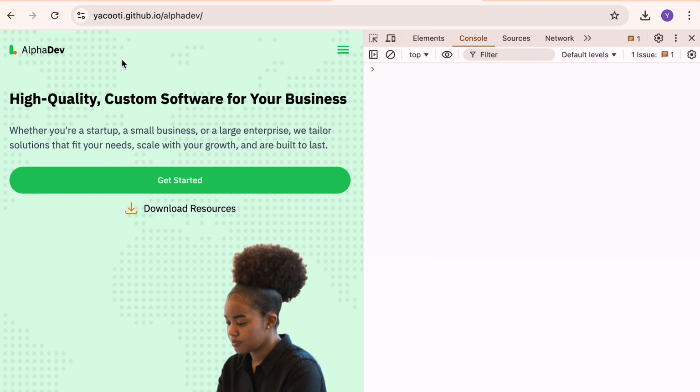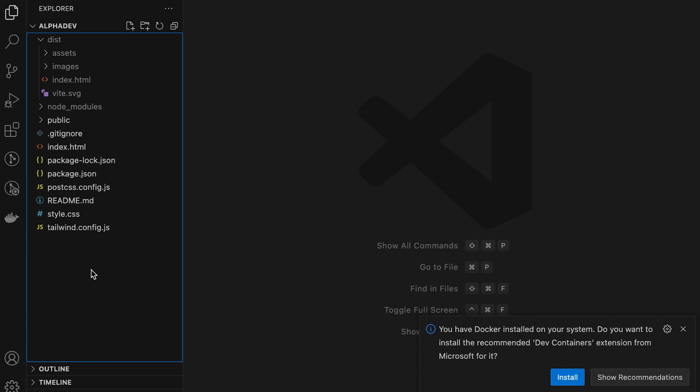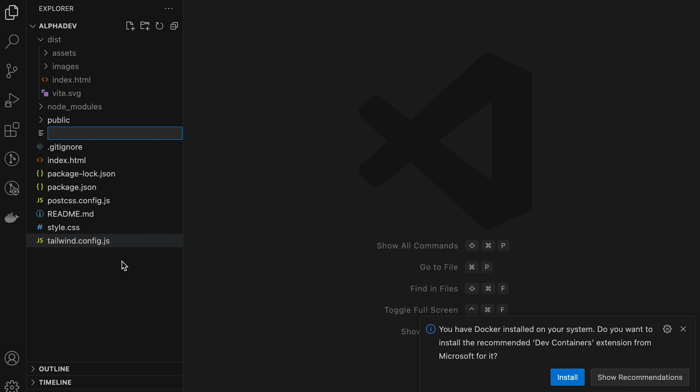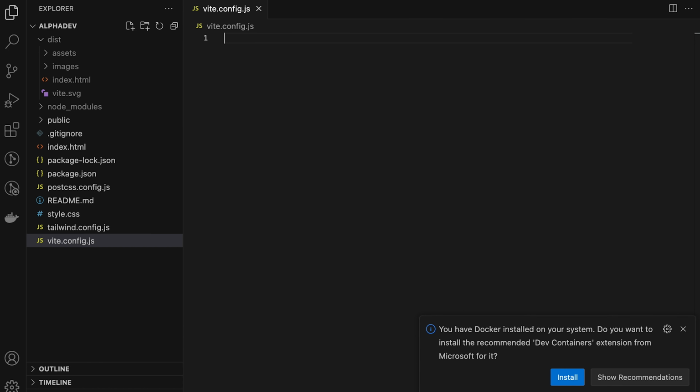Or better yet, if you're using a tool like Vite, make sure to add the base option in the vite.config.js file and set the base option to point to the current directory by setting its value to ./